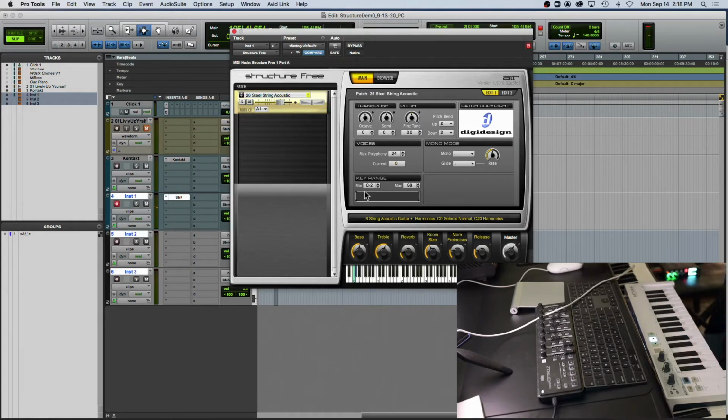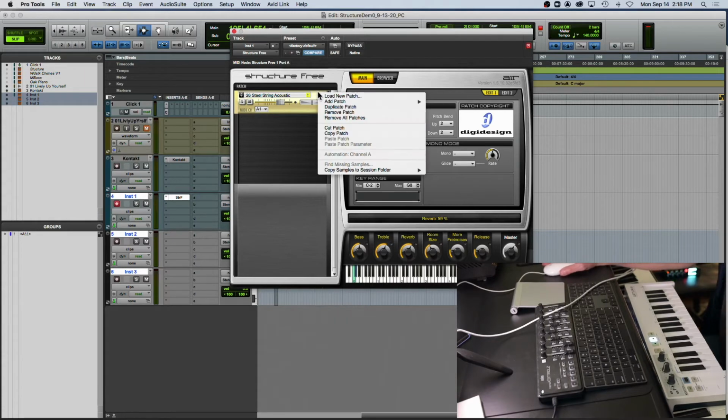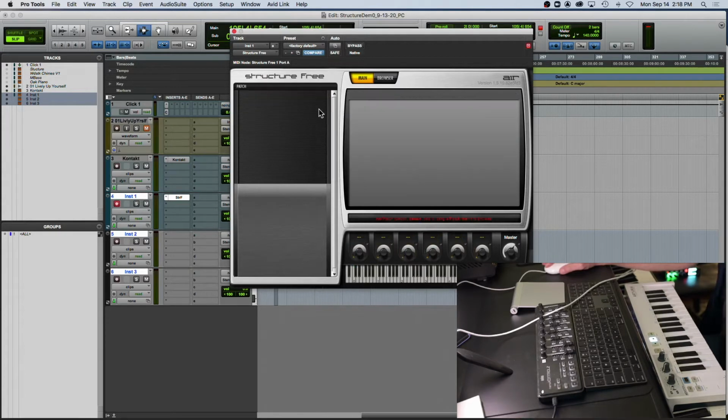All right, it's got a nice steel string guitar. You could add some reverb to it. So it is useful. It's not like it's unuseful, but they should just have the full version available in Pro Tools at this point. It's really ridiculous that they don't. So